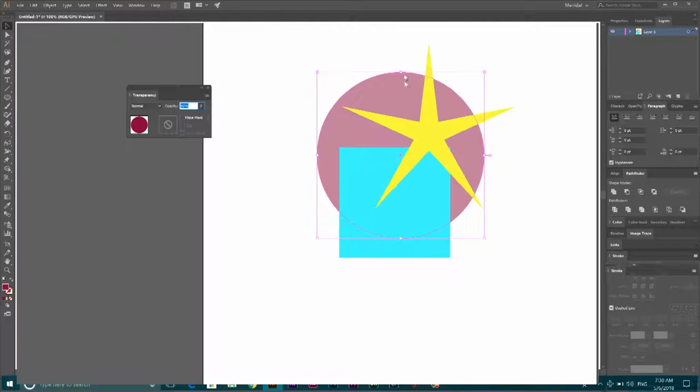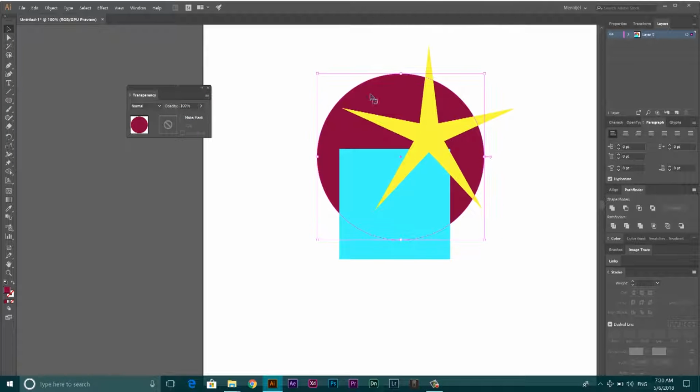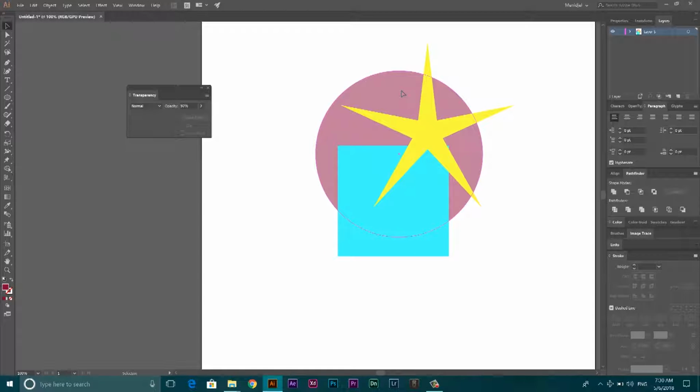Okay, so as you see, we have this circle that is half transparent. Okay, I have the star here. I want to make it 70%. So I just type the number there, and here I'm going to hit this slider here, and I'm going to give it